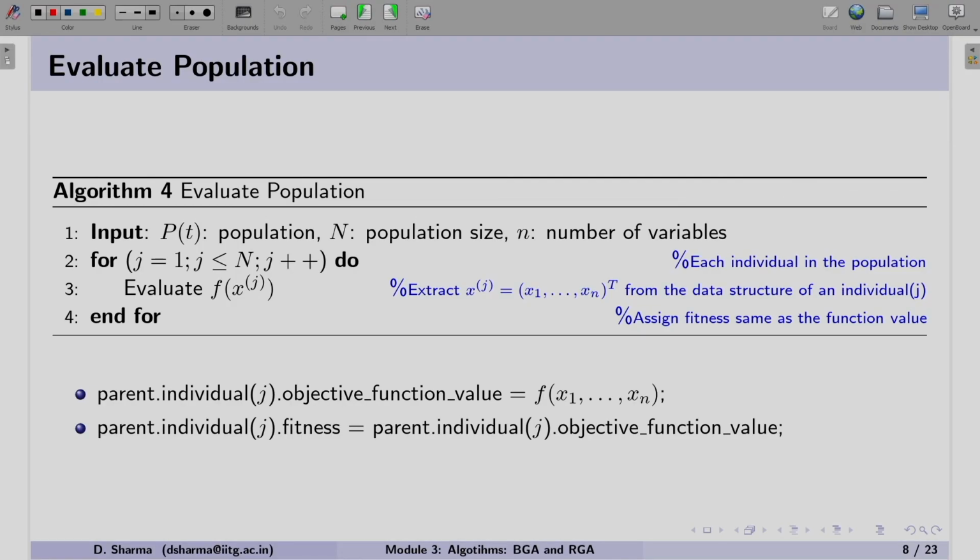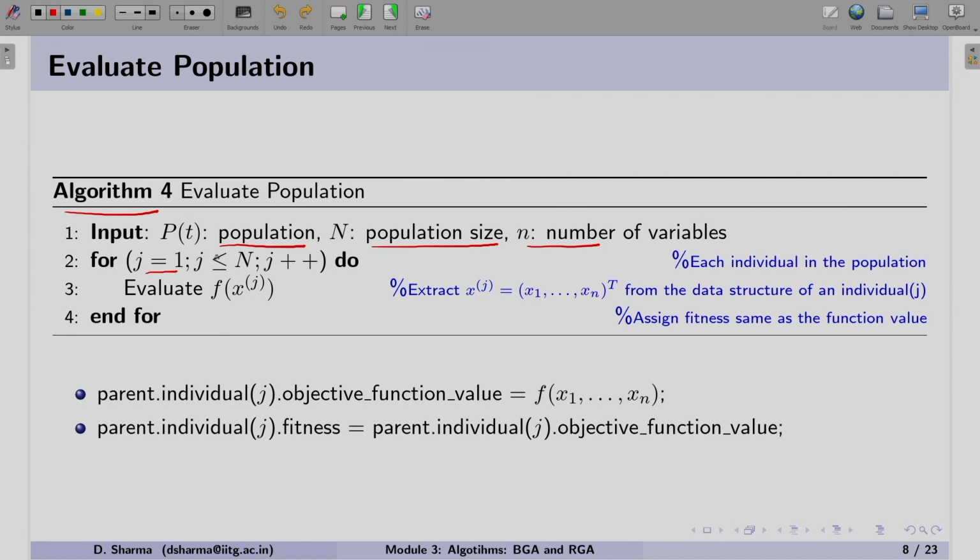Now looking at algorithm number 4, the input is the population, and we should know the size and the number of variables. If you see this for loop in step number 2, it runs from j equals 1 to j equals n.